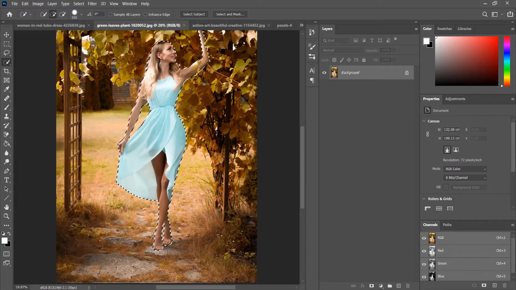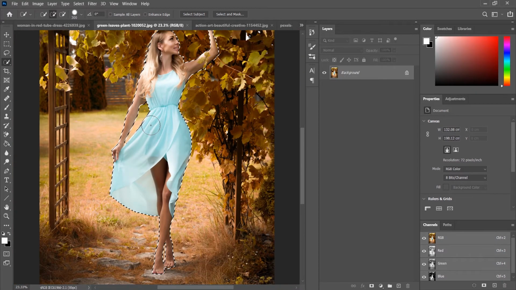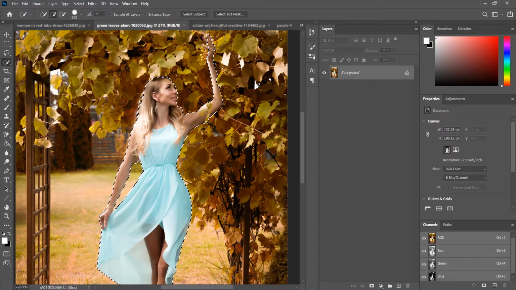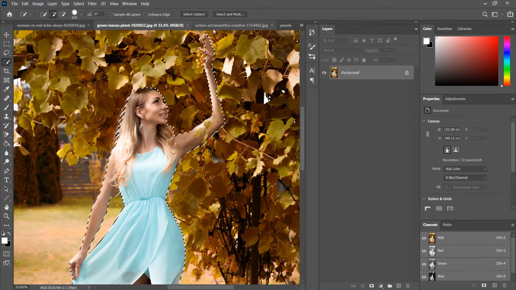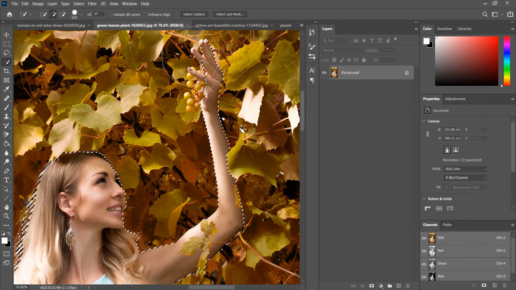Waiting. So in this image, the selection is pretty impressive. Like, it's a very complex image, so it's quite good. You can see really the hand part, okay, it missed these fingers, as you can see here.